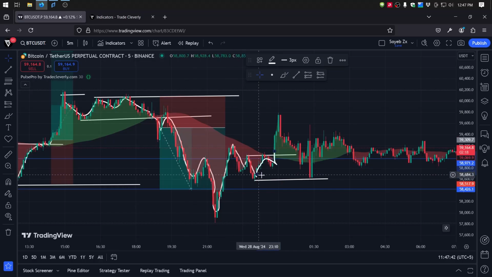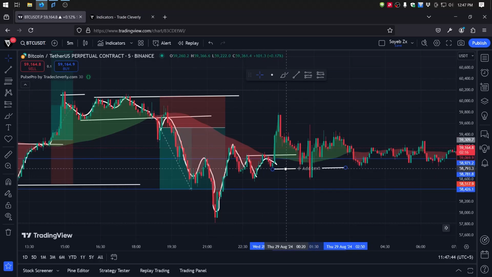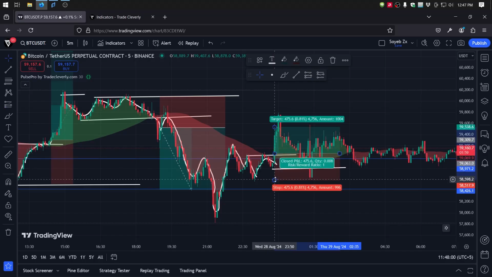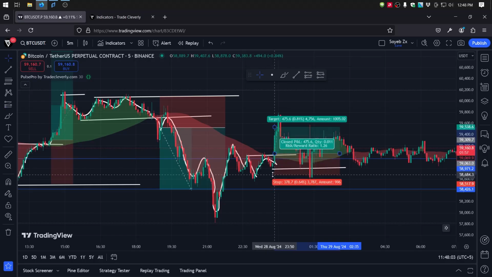so we can change the swing low in here, and we can take a buy position here. Why can we take a buy position here? Because you can see from the Pulse Pro indicator we get the green signal, that means the market is going up. We just take a buy position here, and we use the recent swing low as a stop loss, and